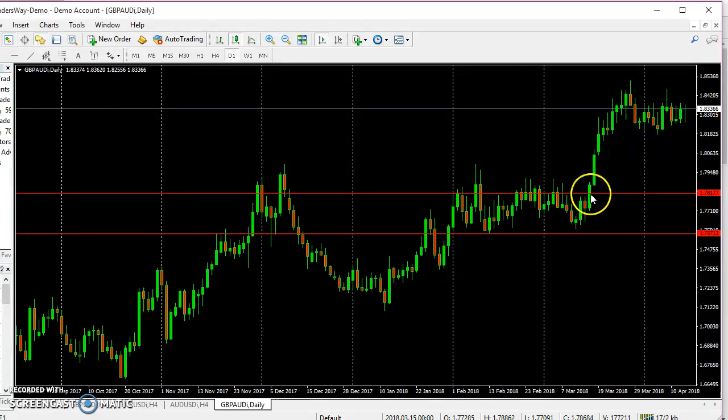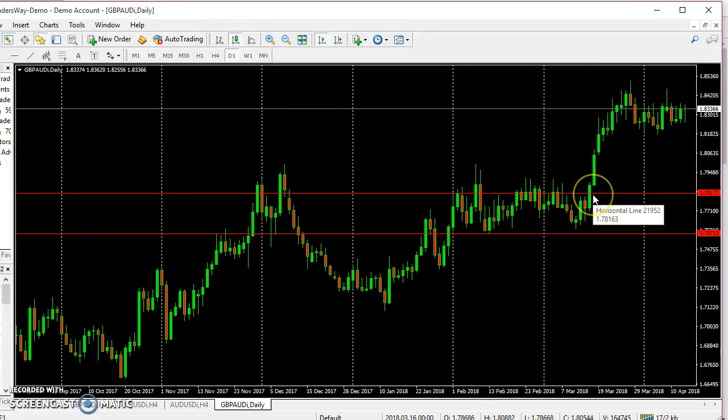Usually what I do is I wait for this candle to close above the zone. You could have gotten in here. Some people will get in after that first candle closes above the zone, which is fine. But I like to wait for this second candle to close. That's kind of like extra confirmation. Or you can get in about the halfway point of that candle,